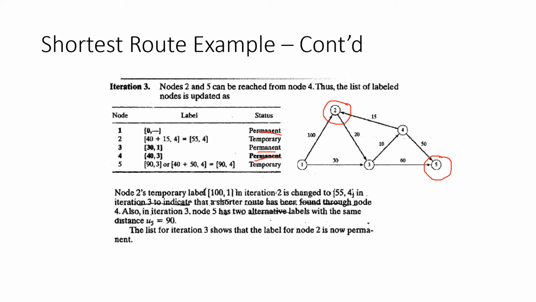Node 2 can be reached from node 1, which is permanent, and it can be reached from node 4, which is permanent. So I would calculate both labels for node 2 starting from two different permanent labels. So the label for node 2 starting from node 1 would be the same one, 100, 1,